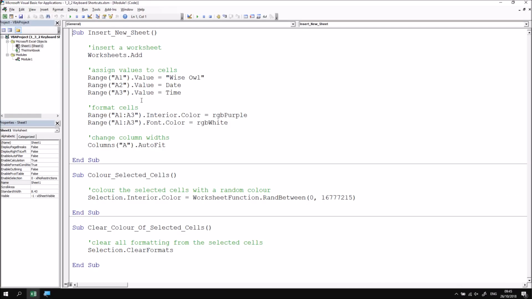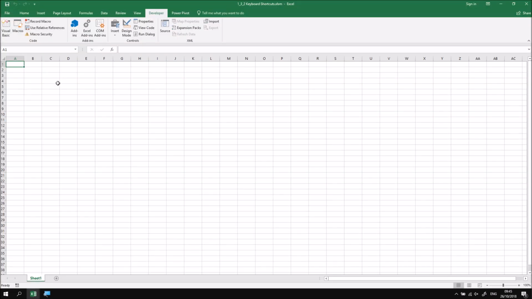They're the same as the ones we had in the previous part of the lesson, one which inserts a new worksheet, which you've seen several times, one which colours in some selected cells in a random colour, and another one that just clears all the formatting from any cells that are currently selected. What we'd like to do is, back in the Excel window, assign some keyboard shortcuts to run each of these